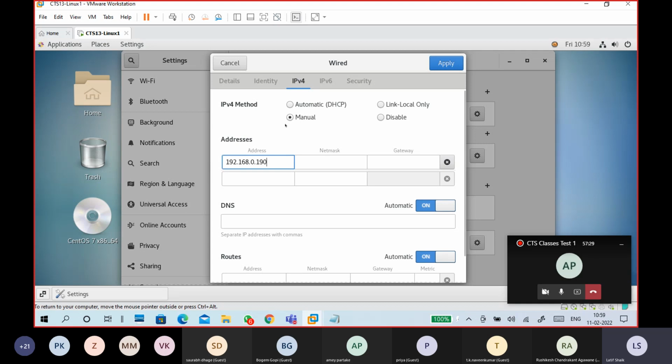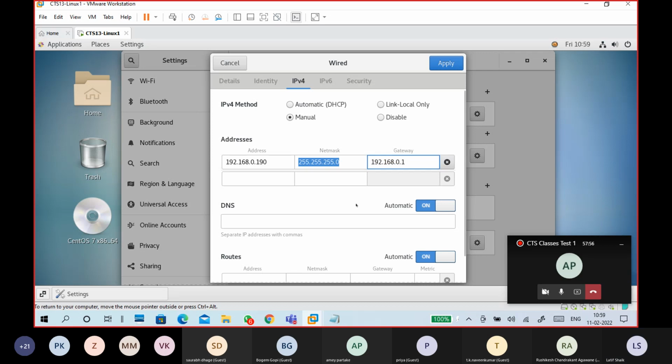So you can see manual. Make sure this static IP must be available. DHCP means the DHCP server knows, but here we don't know, so that is why we should give it. Then the subnet mask. Netmask means subnet mask. Then the gateway.